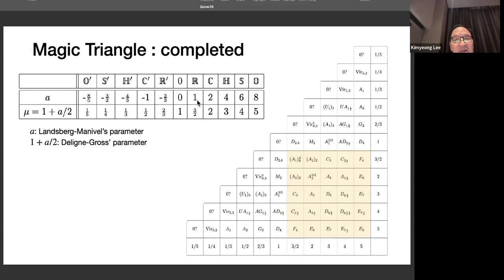And then the dimension of the division algebra: 6, 4, 2, 1, 0. Then 0 is D4, then this relates to G2. There's no division algebra, but I'm just saying there's a mirror kind of thing of negative dimensions. Now, related to that, there's a dual Coxeter number, and the dual Coxeter number is fixed. And I introduced the Deligne-Gross parameter, which is the dual Coxeter number divided by 6, which is identical to 1 plus a over 2. And here's the parameter from 5, 4, 3, 2, 3 halves, 1, 2 thirds, 1 half, 1 third,